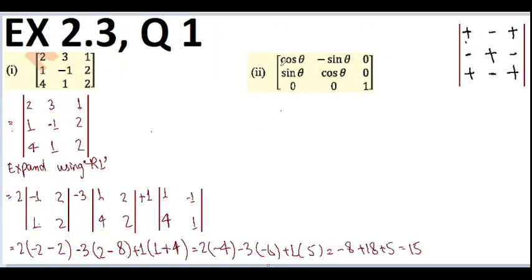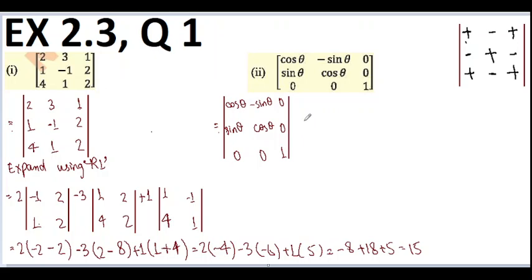Now we have to find the determinant of this part. So first of all, we are going to write it this way. We are going to use straight lines to denote it. So the first step would be writing in those straight lines. Now it would become cos theta, minus sine theta and 0, 0, 1, cos theta, 0, 0 and sine theta. Now we have to find the determinant of this whole matrix, or you cannot say it is a matrix because right now it is in straight lines.